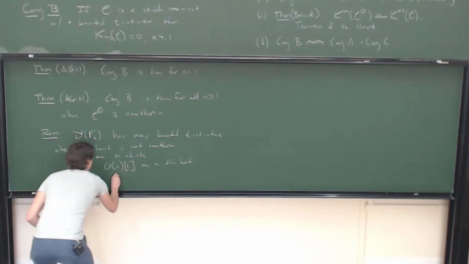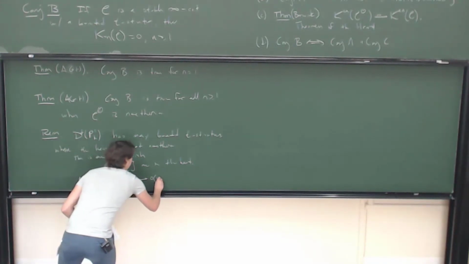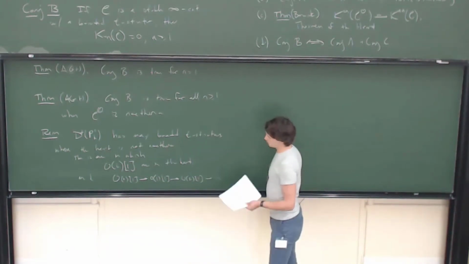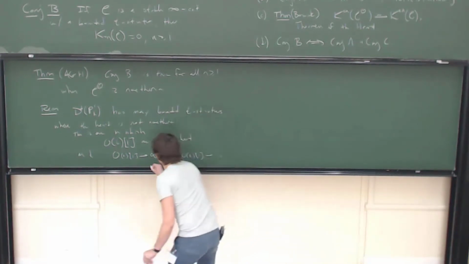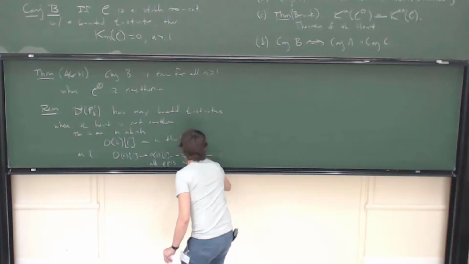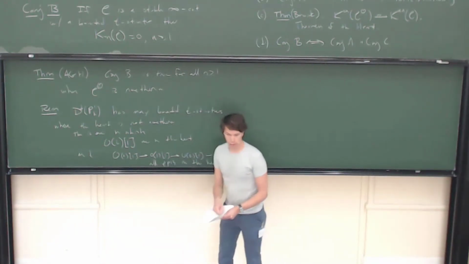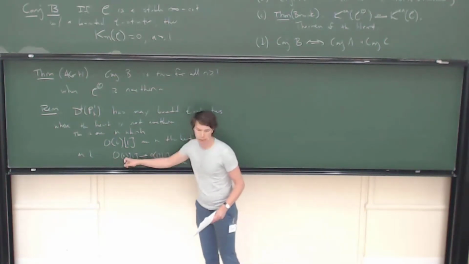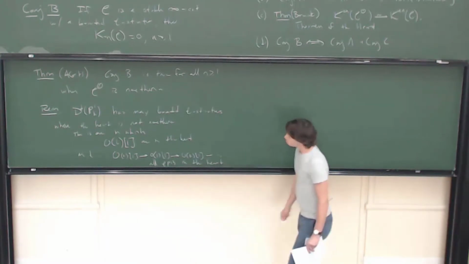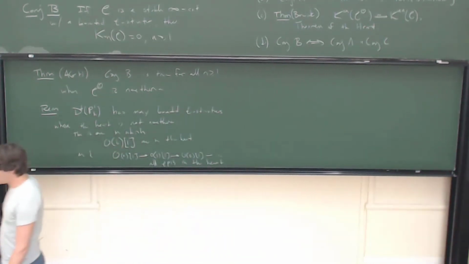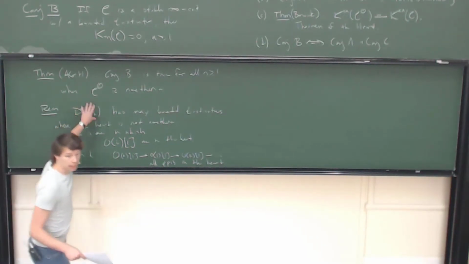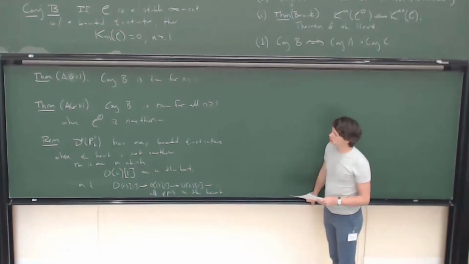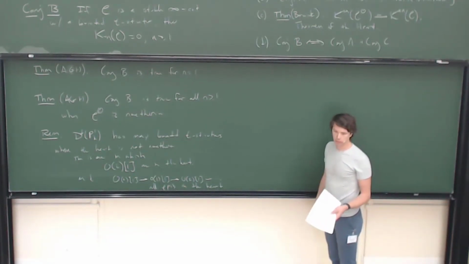And O(0)[1] to O(1)[1] to O(2)[1] is an infinite sequence of epimorphisms in the heart. And so that means that the sequence of kernels, from here to here, then from here to here, and so forth, gives you an infinite increasing sequence of subobjects of this in the heart. This is a T structure associated to a torsion pair on the initial abelian category. So, from this perspective, it probably makes it hard to say whether a given stable infinity category